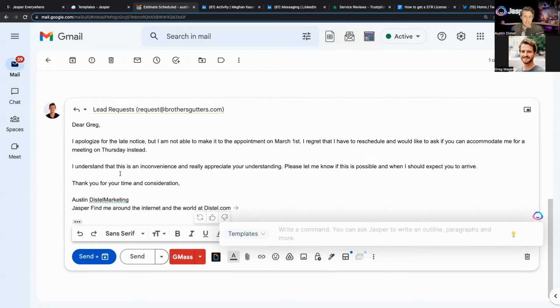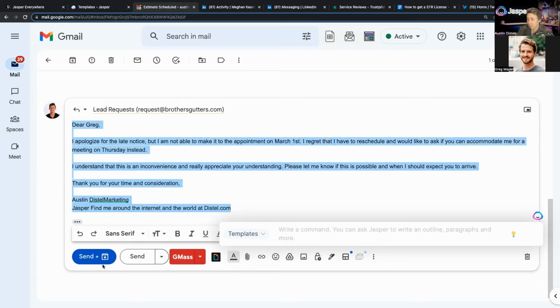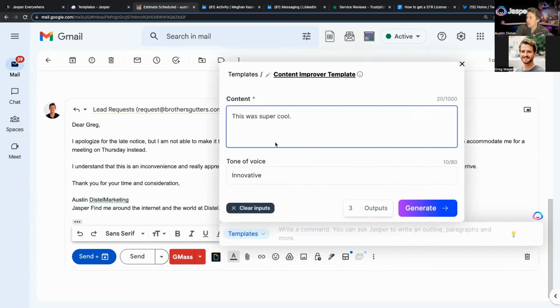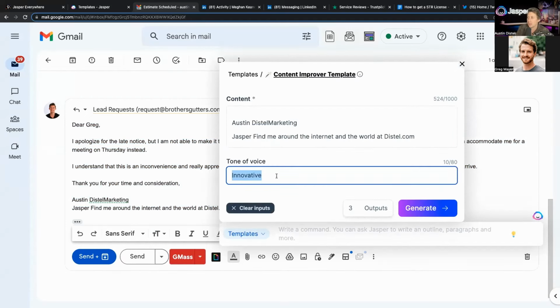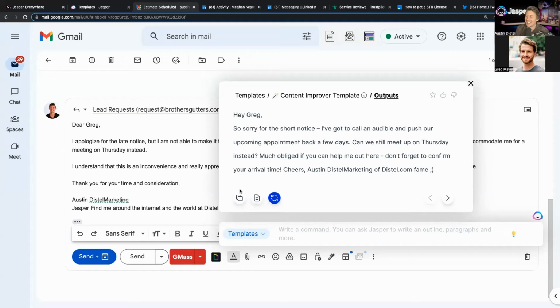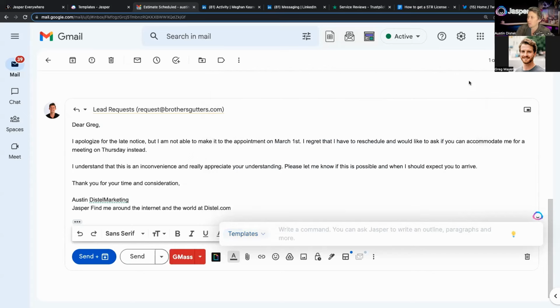Okay. In situations like this, here's how I would normally go and do this. I would have this first draft. I wouldn't just click send. I would revise it. I'd add any extra anecdotes I might want to use. I could even use the improver and do empathetic or excited or whatever. I'm going to do clever. You don't need to be clever all the time. You could also do a tone of voice of a person like Jerry Seinfeld or Willie Nelson, and it can do that too. Pretty cool different ways to use it here, whether you want to just get that first draft done fast or you want to improve your existing email before you press send.